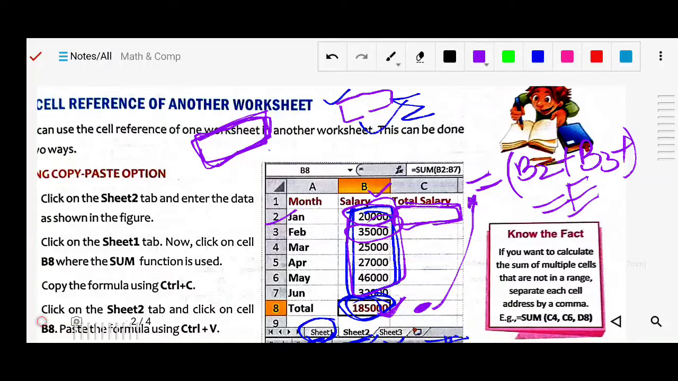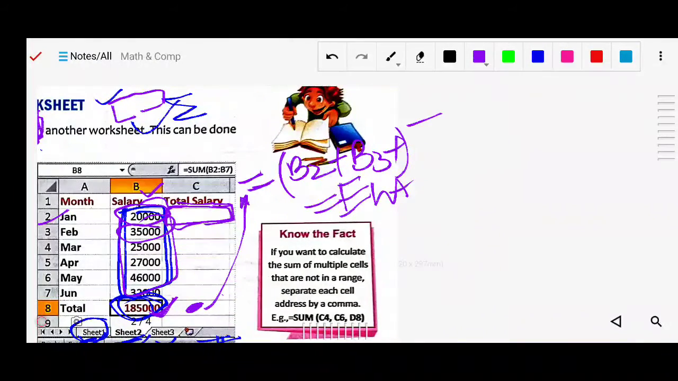Press the enter button, and you will get the result here. This is the one method. Another method we have discussed. What was that method? You have to write the equal sign. Then after,